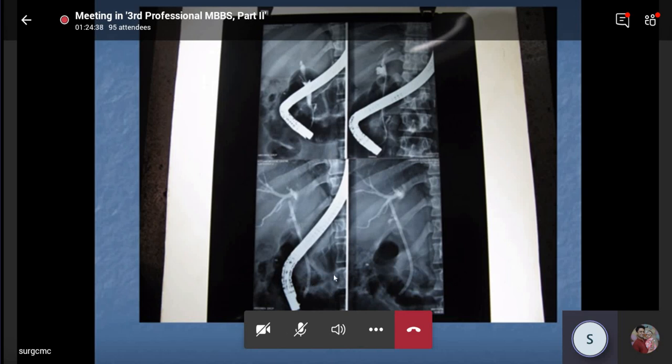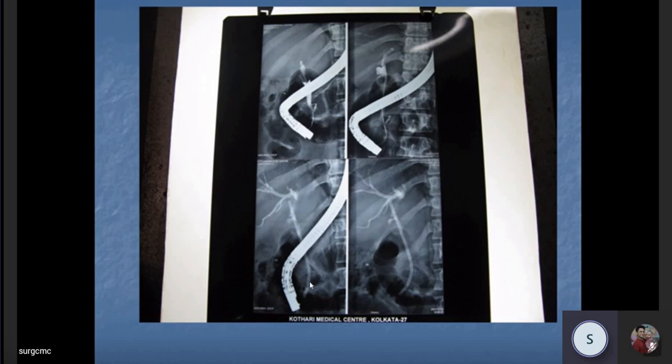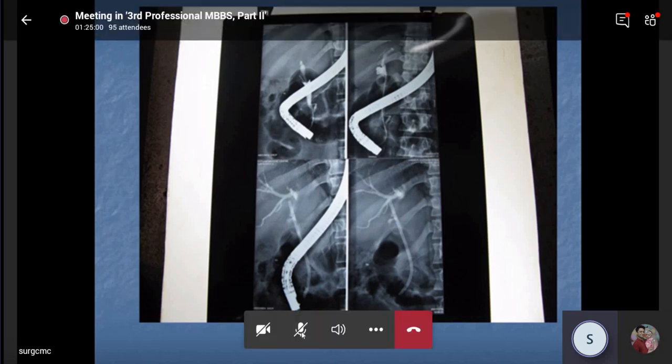That is known as a side viewing scope. Okay, you can see at the sides. At the second part of duodenum, you can see the ampulla, and then you push what we call a mother-baby scope, the baby scope. From the scope, another scope goes in. Now this scope does not have an eye. They do not have a camera system.